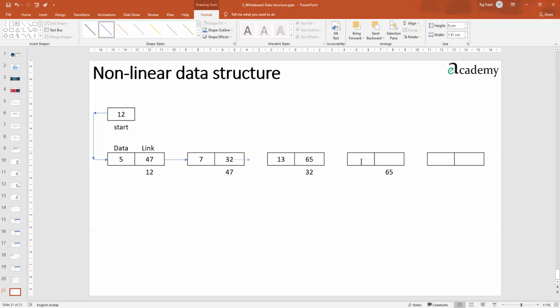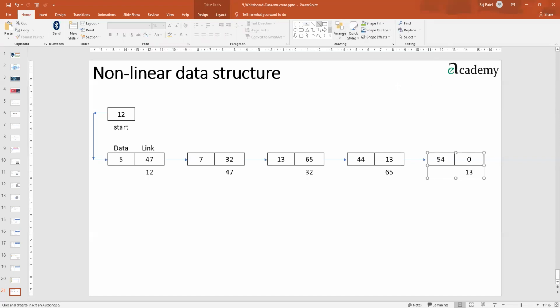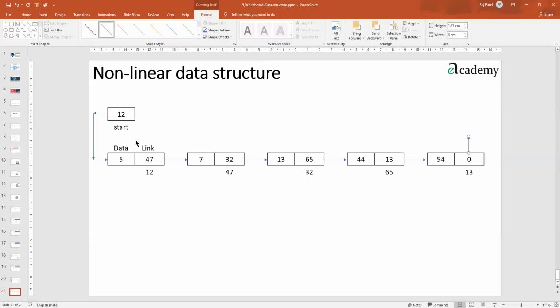Now here there is some data, 44, and the next link he is saying is that you have to go to link number 13. So here let's say this is 13. And here the data available is 54, and next box he says nothing. He says 0. That means that is the end of the structure. Means after that there is nothing.